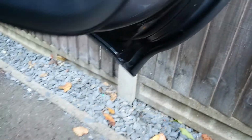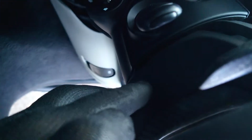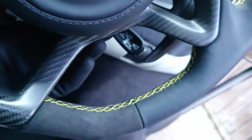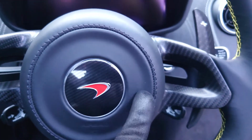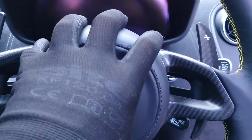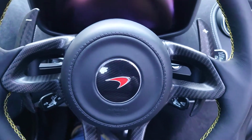Coming inside the cabin, what you need to do in order to remove your wheel is, if you look around the side here, I'm not sure you can see it in this lighting, but you've got two little dimples. Those dimples unfortunately need to be pierced. I did it with an Allen key. There's one on each side. You push the Allen key through, it releases two spring locks in here and allows you to pull your airbag off. You'll then be